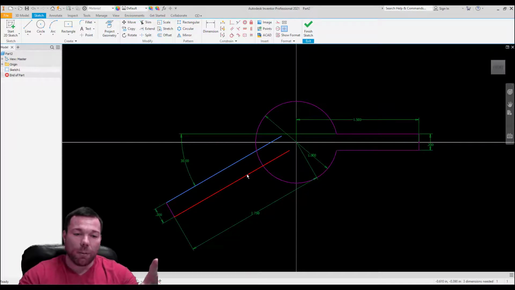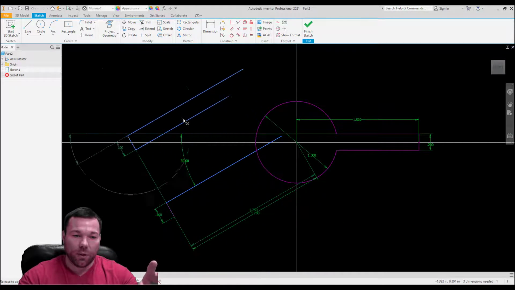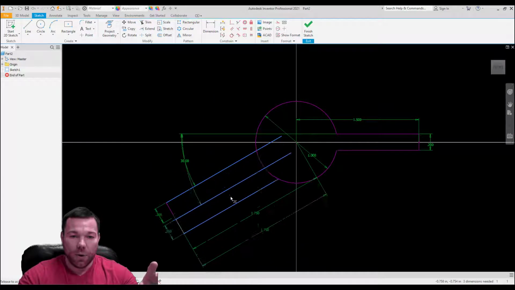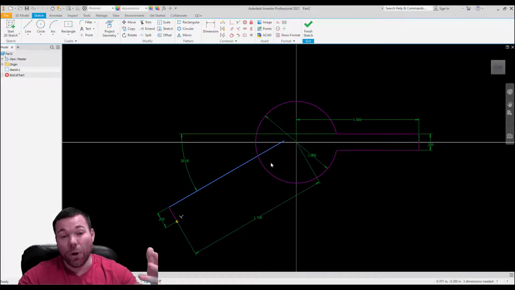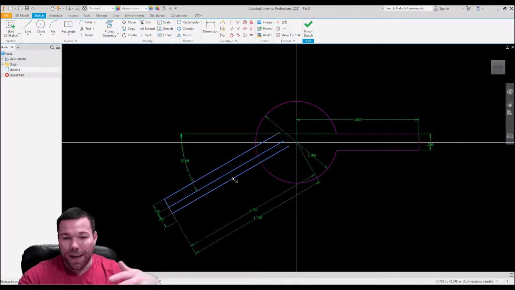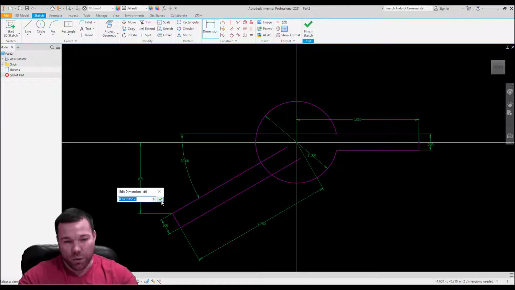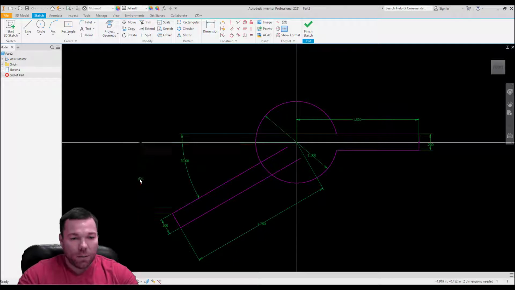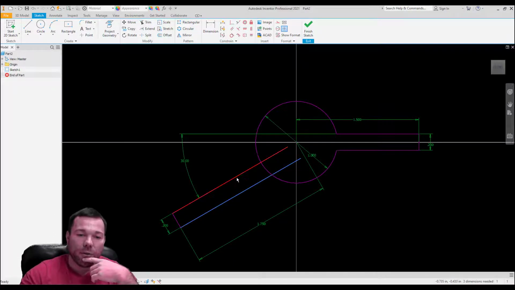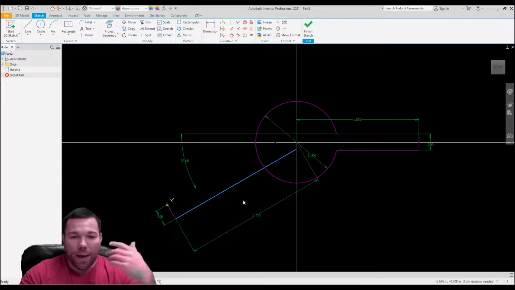Now, we have one other problem here, and that is we don't know where this thing lies in this 30-degree arc, right? No idea where it lies. Well, we know where it lies. This center point is lined up with our origin. But how do we constrain that is the question. We could just dimension it, so I could figure out what the dimension is from here to here and call that dimension out, and that would constrain it to a degree. But there's an easier way to do this, and the way I always traditionally have done it is, first off,